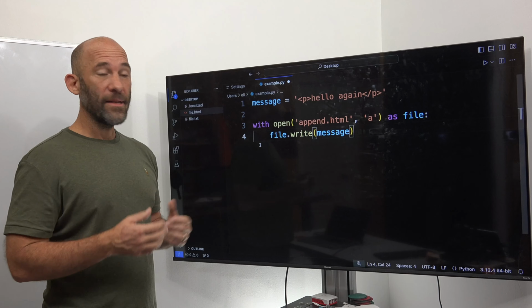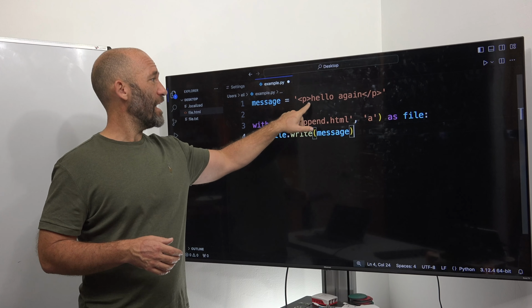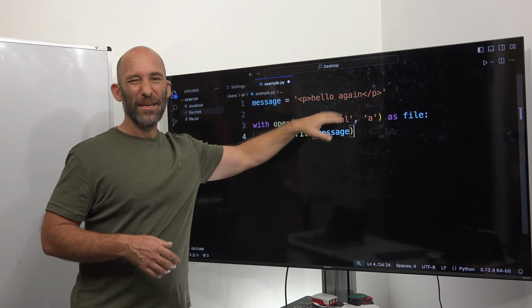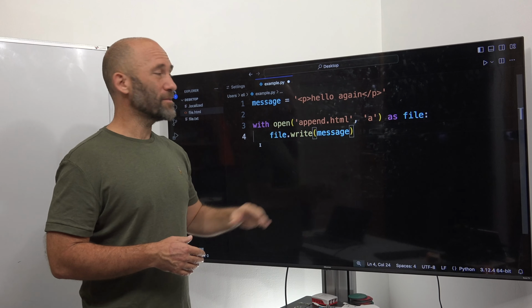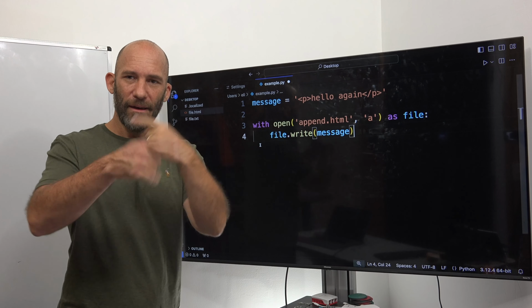Now let's look at appending to a file. So we have a message again. We're just going to simply put it within p tags, hello again, /p. So we don't have to bring in modules or anything else. Basically what we're just going to do is keep adding hello again every time we run